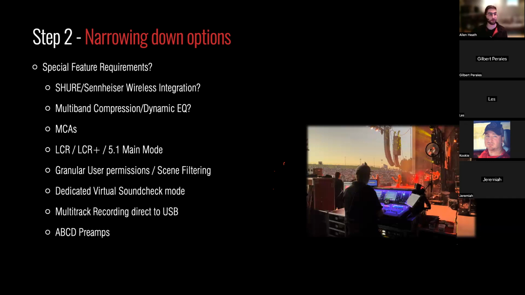ABCD preamps, that's something only available on DLive. Basically what that is, is an ability to quickly swap through different input sources for a particular channel. So if you have a band and the vocalists are constantly changing, you could have one vocalist come in and sing on a specific mic, and then you switch to B, and now it's the B input source of that channel. It's another vocalist that comes on, and they're going through the same channel strip, but the input source changes